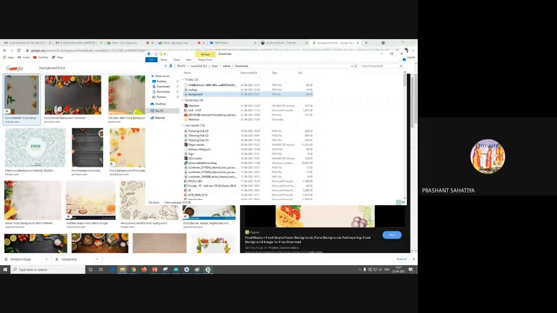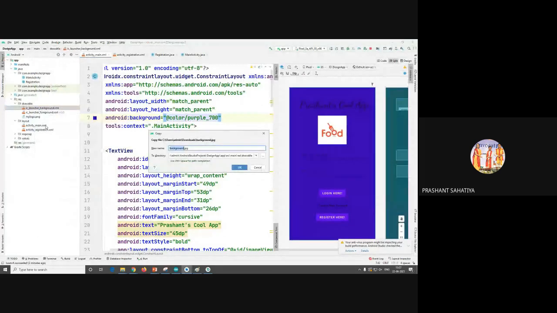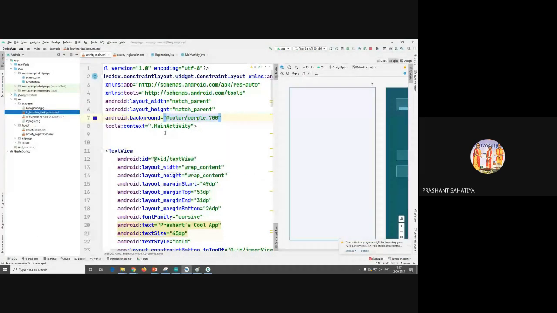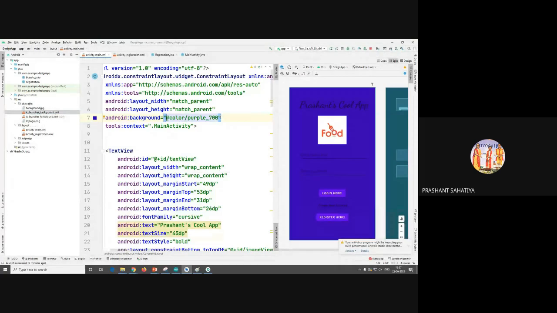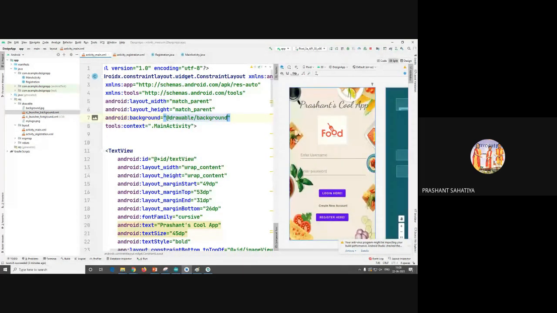Click on show folder. Drawable. So there is one suggestion called background. So here is the background. So my background is now changed. Okay, this is looking very good.